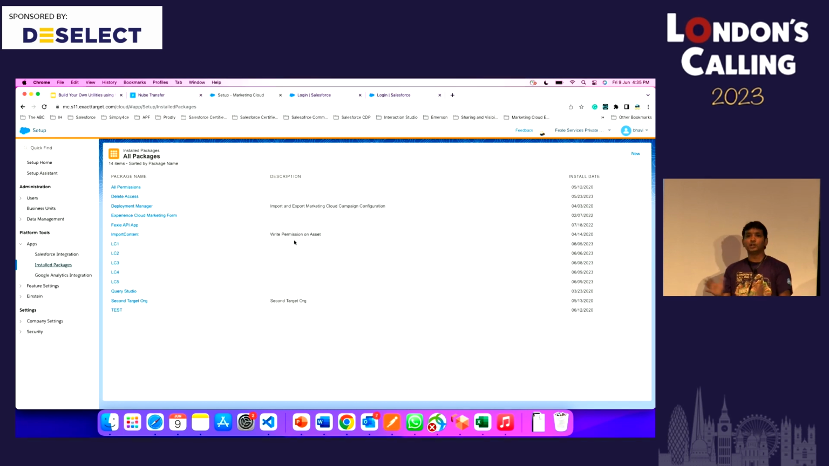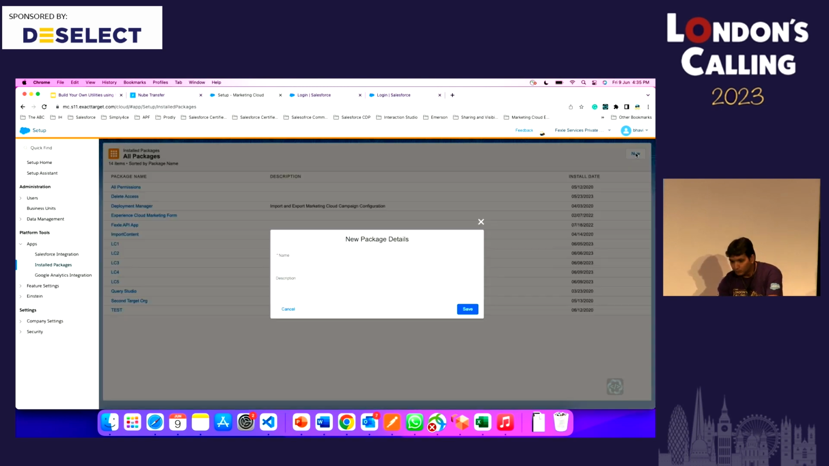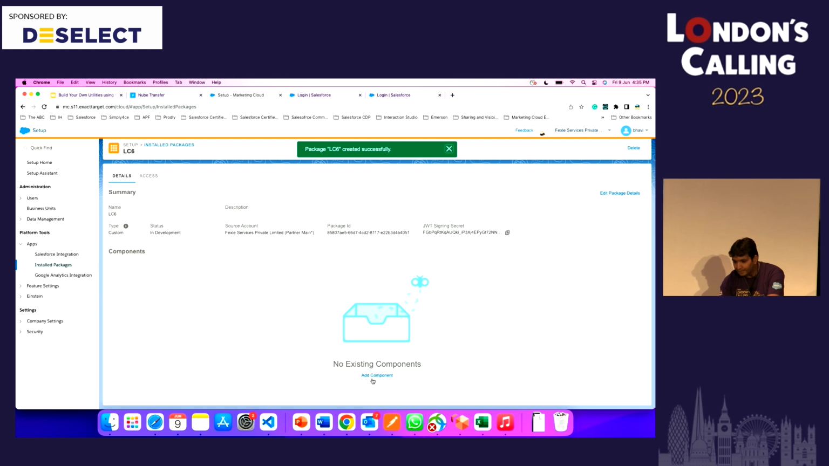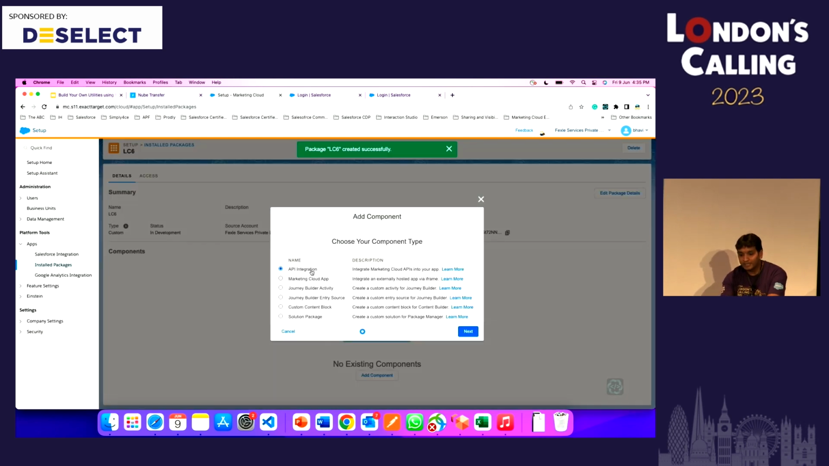Package is pretty much similar to the connected app, which will give you the client ID and the client secret, which the third-party system will be using to connect to the marketing cloud. So I'll go to new, and let's call it London calling, and then put a pretty neat and clean description so you know that why did you set up this application. Save it, and then add component. You'll be choosing API integration,